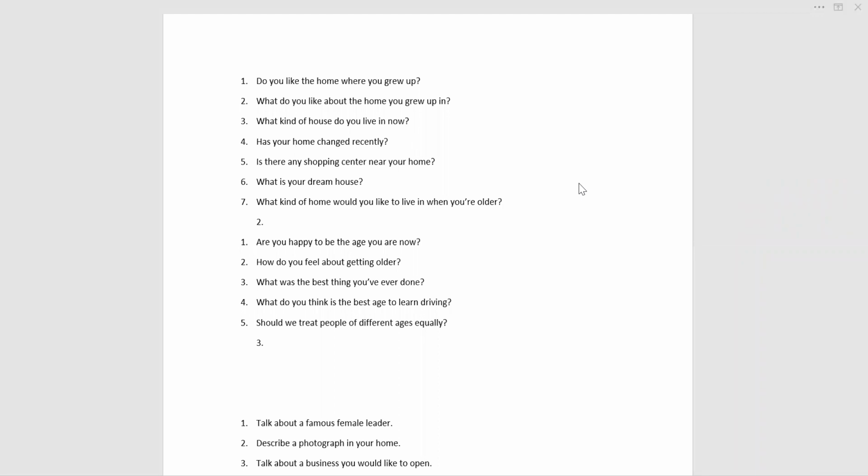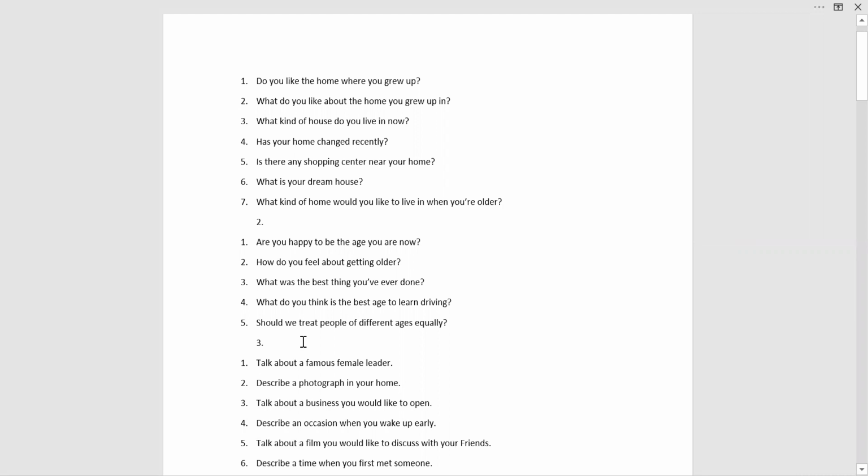So here you can see a few questions on the screen right now. Yes, Paul, just a quick question regarding that cue card. In case the topic they have given has a word or topic that is unfamiliar to me, is it okay for me to ask the examiner to elaborate on that topic? No, you can't do that, and even if you do that, it will reduce your score.